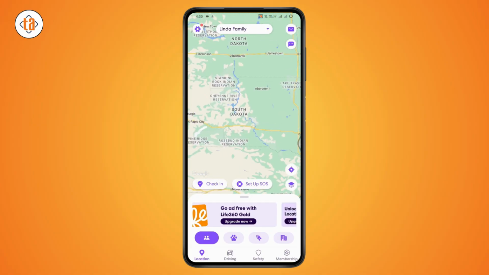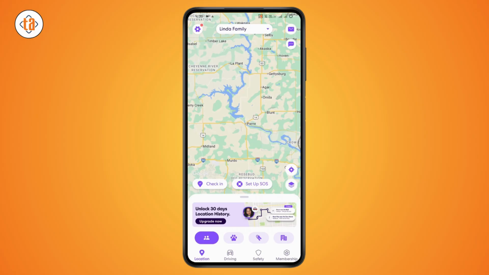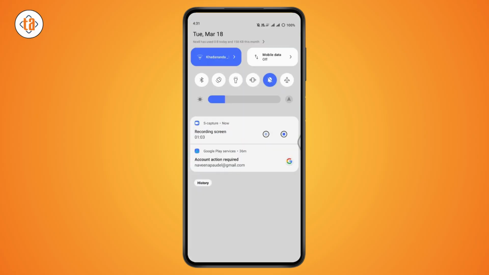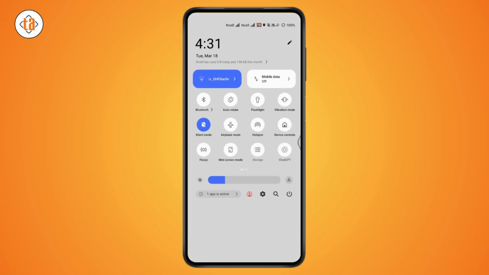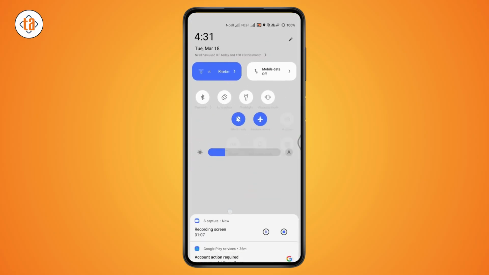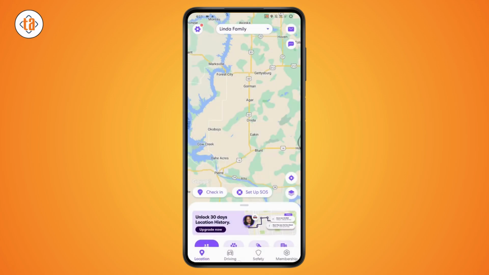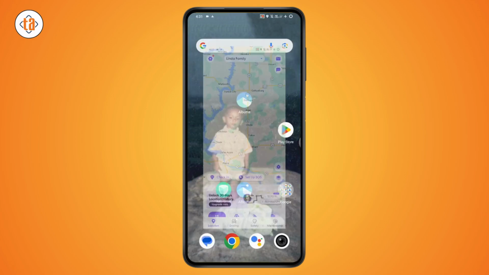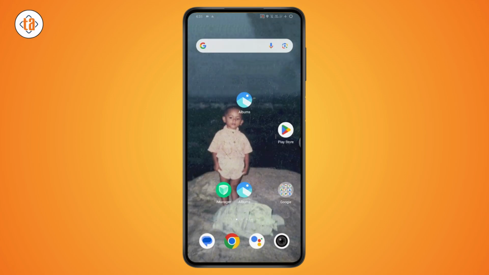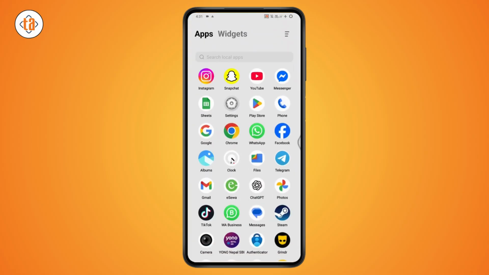Once you tap on the location and once you selected the location, you need to go with your control center. And from your control center, you need to turn on your airplane mode. Once you turn on your airplane mode, it will turn off your network connection. And once you turn off your network connection, you just need to simply go back, remove it, and you need to